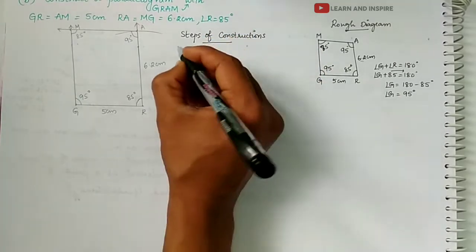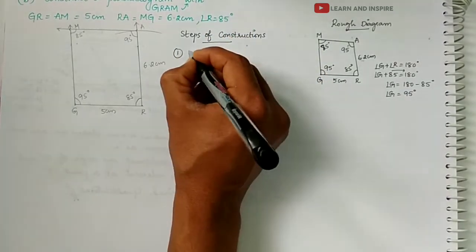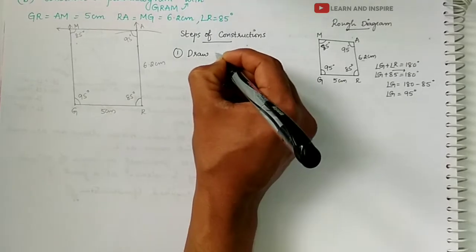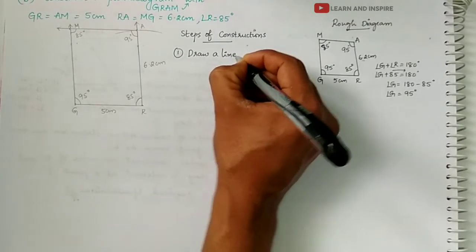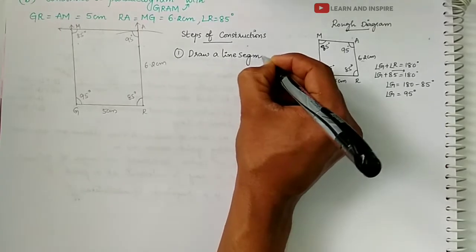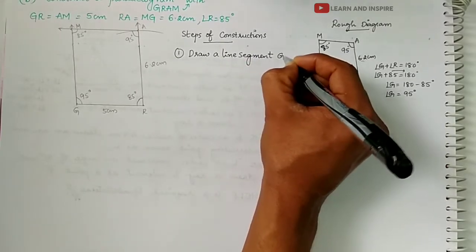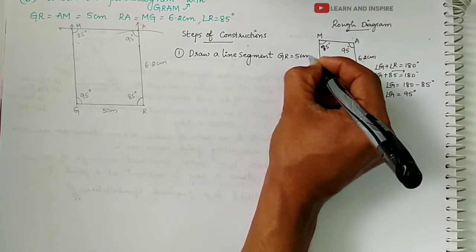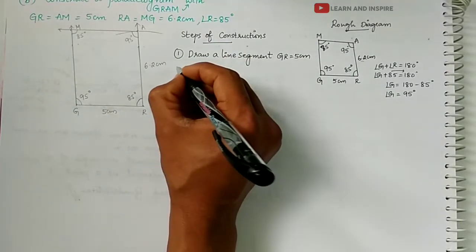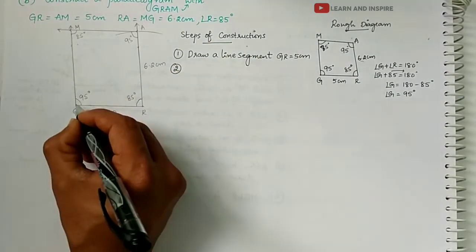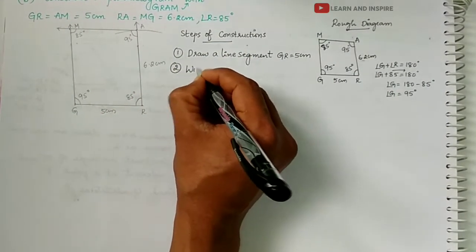So what is step 1? Draw a line segment. GR is equal to 5 centimeters. Step 2, with G as center,